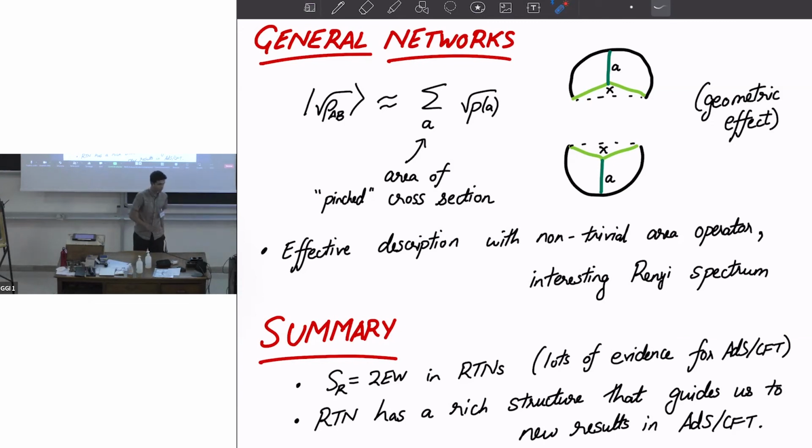Maybe I should address that first. So the question here was that the reflected entropy is defined by doing the canonical purification and then computing the entropy. This is true. In a finite system, there should be no order of limits issue. If you can do this calculation perfectly, there shouldn't be an order of limits issue, and you can do whatever continuation, and it should be fine. This issue essentially arises because you're working in the saddle point approximation. You want to work in the G goes to 0 limit and compute these classical saddles, and then it's not obvious what's the right order of limits. So yeah.